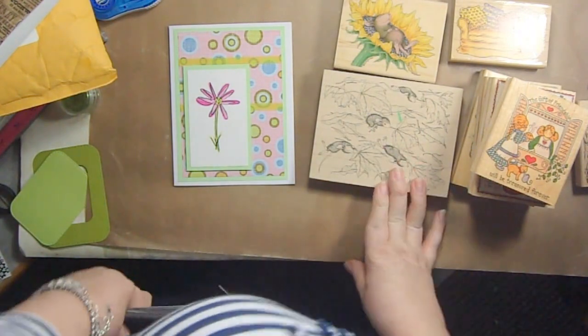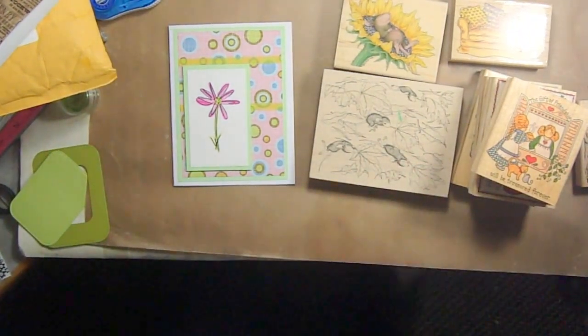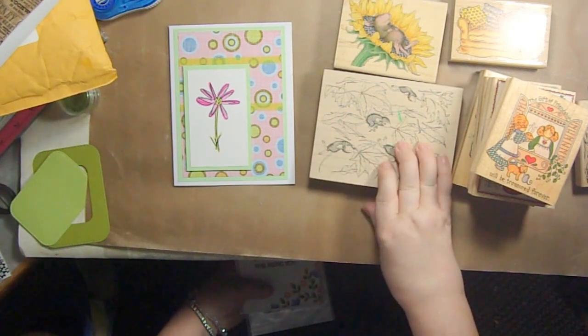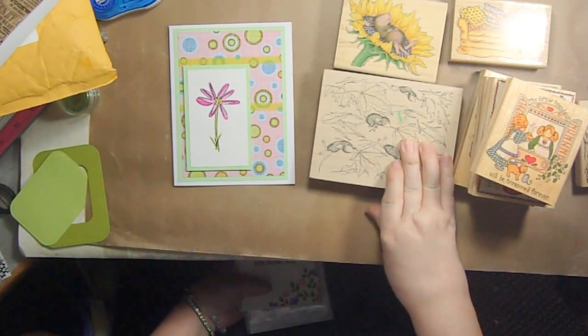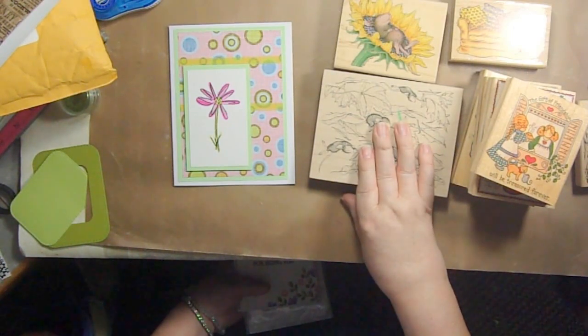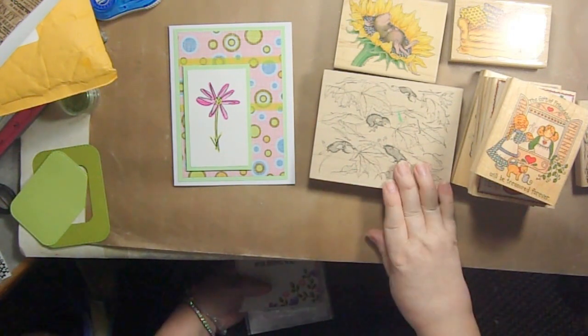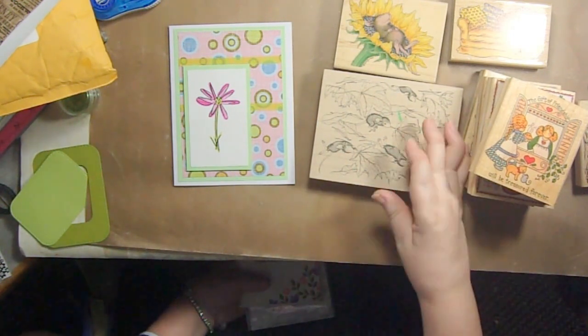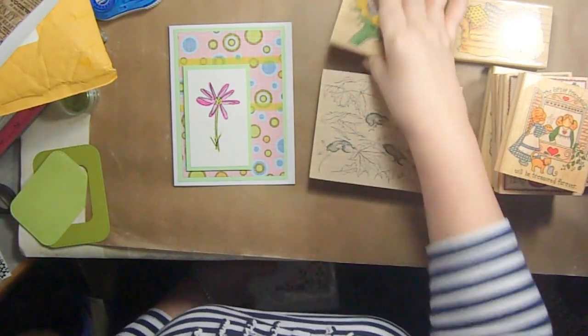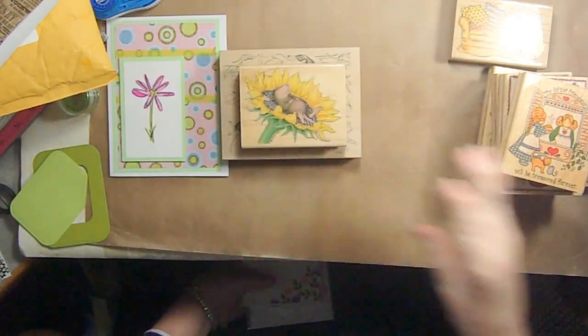Anyway, she had asked me after one of my videos if I really liked the house mouse stamps, because I'd mentioned in my original craft room tour video that I did like the house mouses, and she said she had a couple that she really didn't use and would I like them. So she said she would send them from Canada, so it was so lovely of her to do that. These are the two that she told me she was sending me, and then when I got the box,